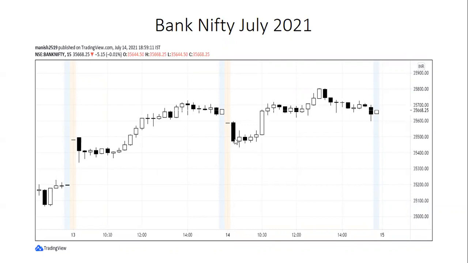Now, even though you do not have healthy consolidation, when you are having a very strong, convincing breakout, take a risk and go for a trade. Very high chances the trade can work in your favor.